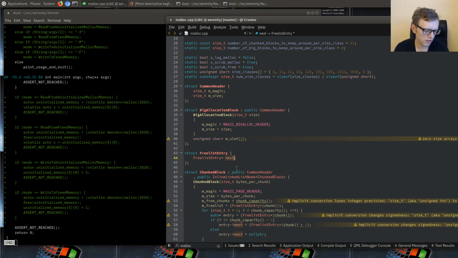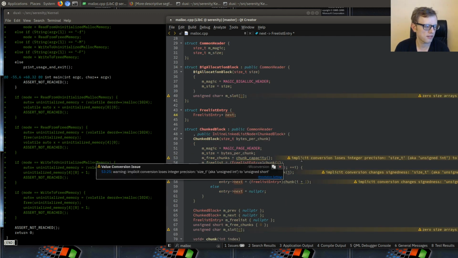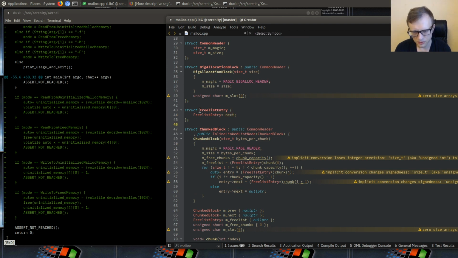So if you ask malloc for 16 bytes, it will take 16 bytes from a block that has dedicated chunks that are the closest fit to 16 bytes. I'm not explaining that very well, but anyway,